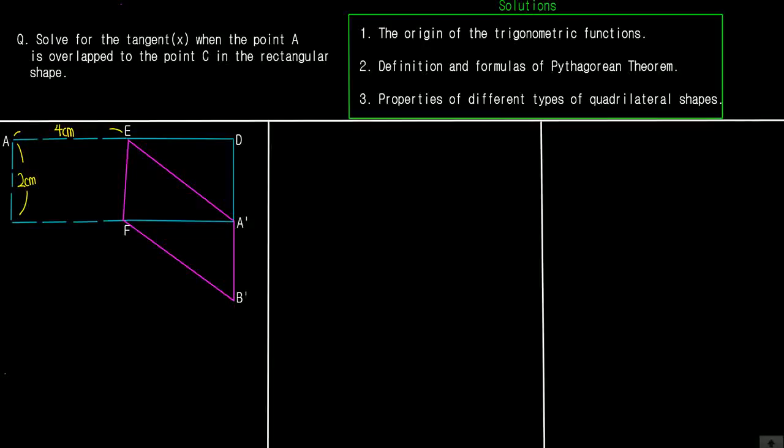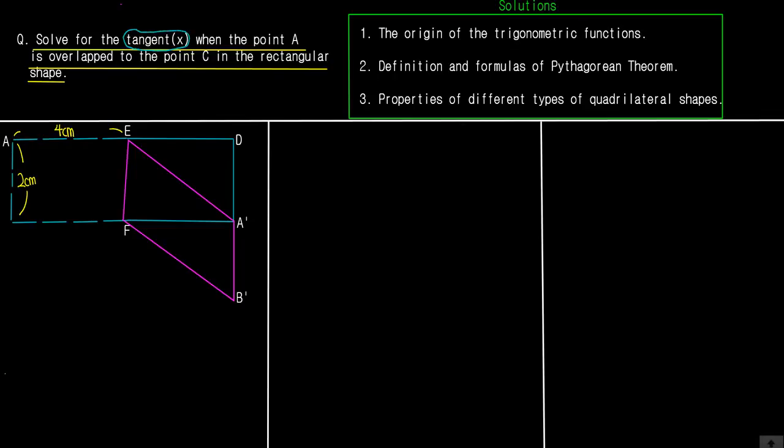In this video, we're going to talk about another most important trigonometric function problem. The question is, solve for the tangent of x when the point A is overlapped to the point C in the rectangular shape. So what is the thing that we need to solve in this question? Well, the basic thing that we need to solve is the tangent of our x